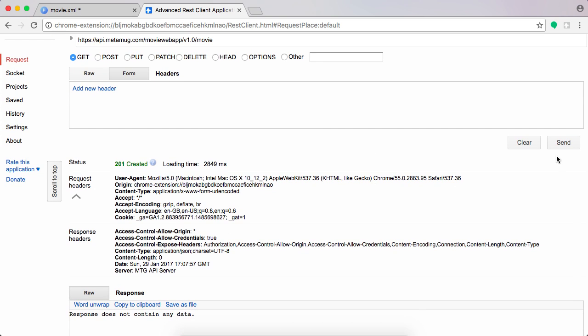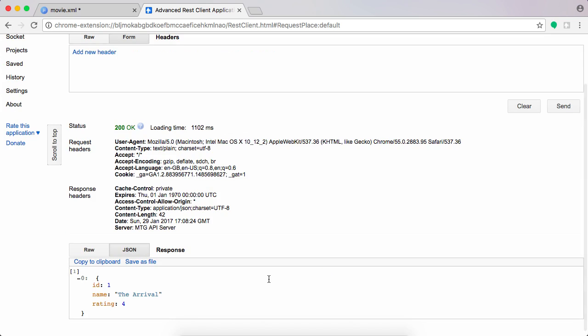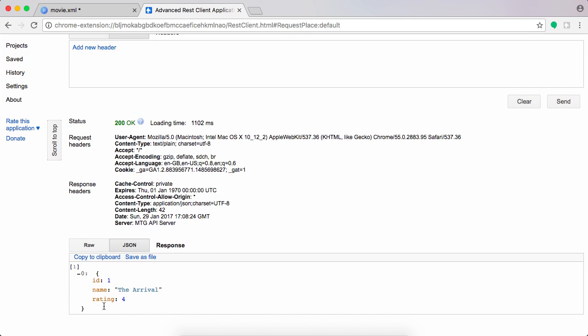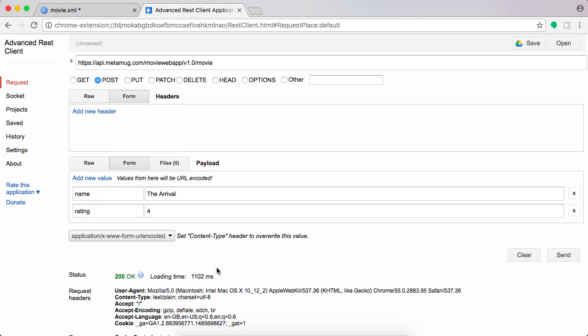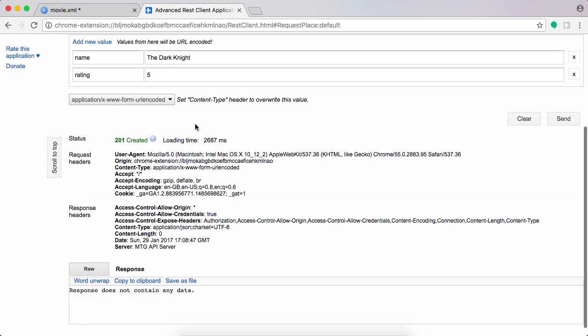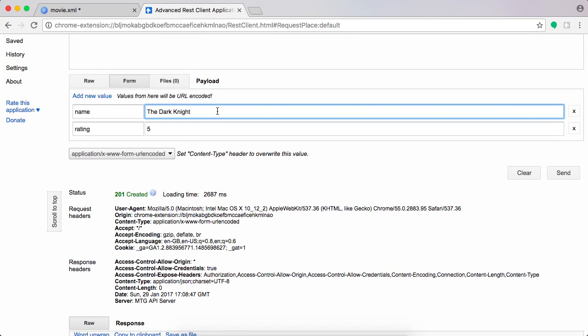Now we do a GET request, and we'll see the JSON response with the movie name and rating. Because we had added an auto increment field, the ID has been inserted automatically. We'll insert another record, another movie name with a different rating, and we've given 5 to Dark Knight, and you'll see again a 201 created response. We'll add some more movie names so that we get a proper list of movies in our GET request